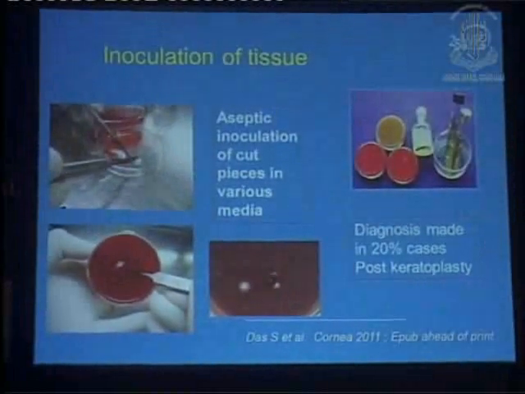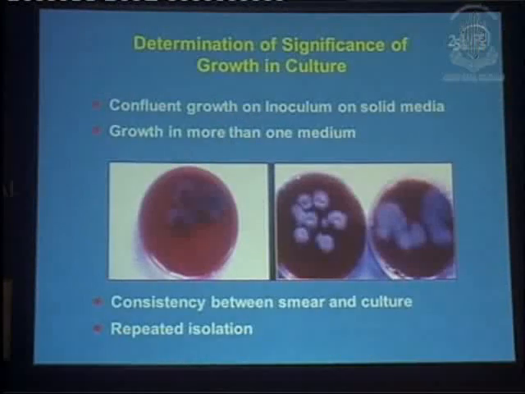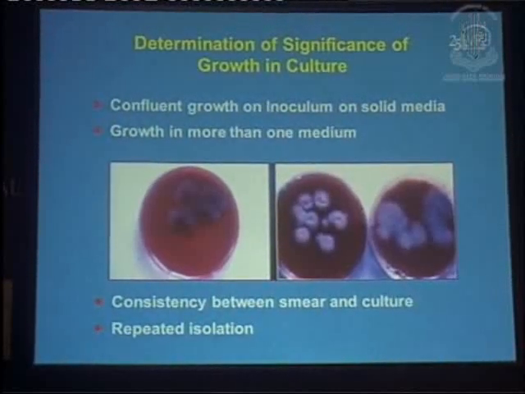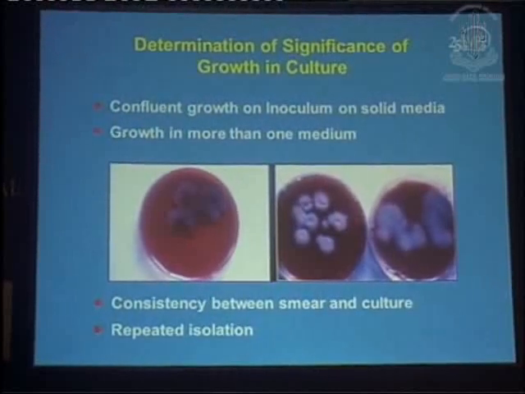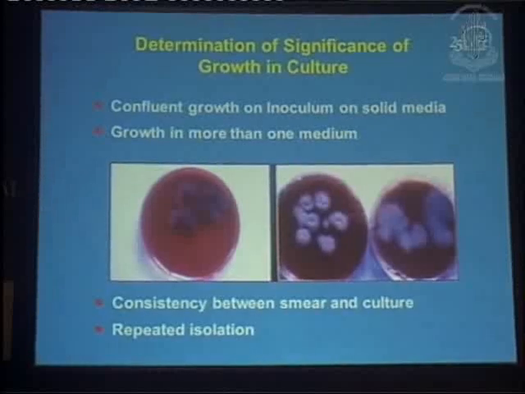The corneal button can also be submitted to the laboratory and processed. We go by the criteria of significance when it comes to determining the significance of the cultures. So if the growth is confluent on a solid medium, there is growth in more than one medium, or there is consistency with a smear examination, or we have been able to get the same organism twice, we consider it